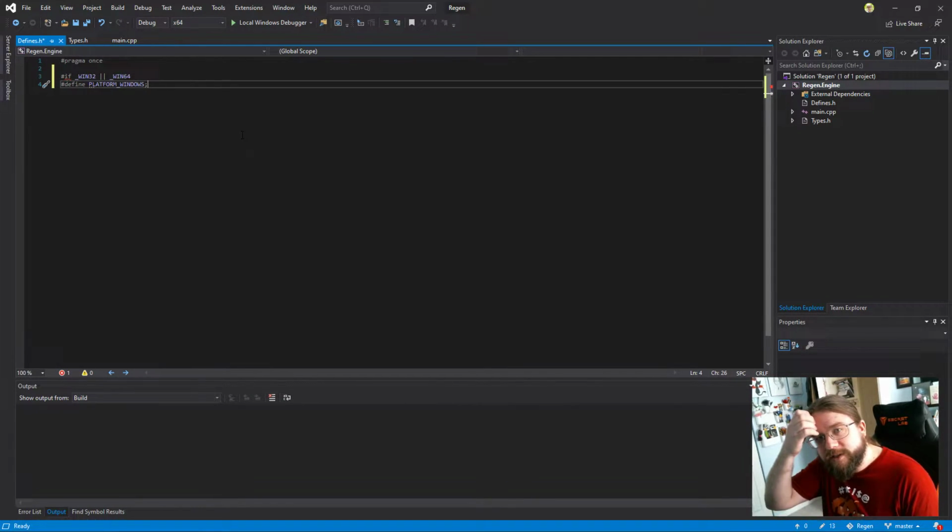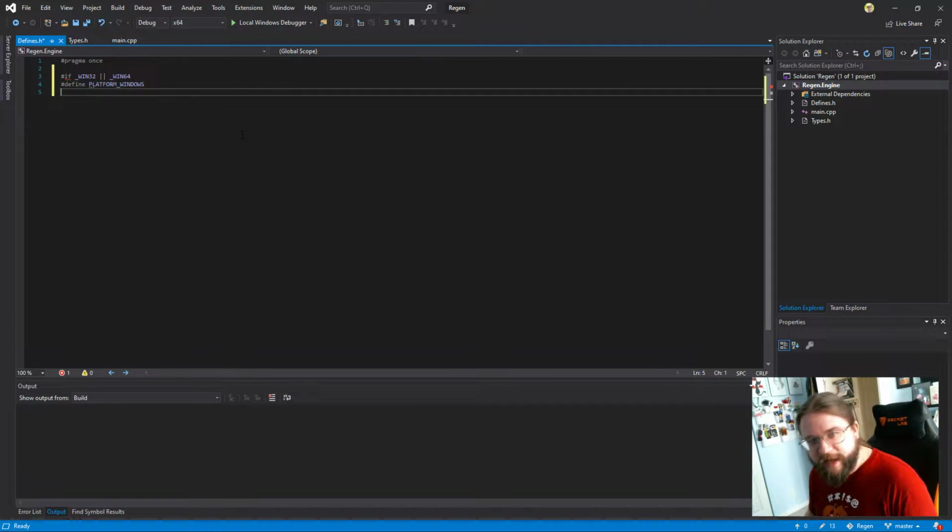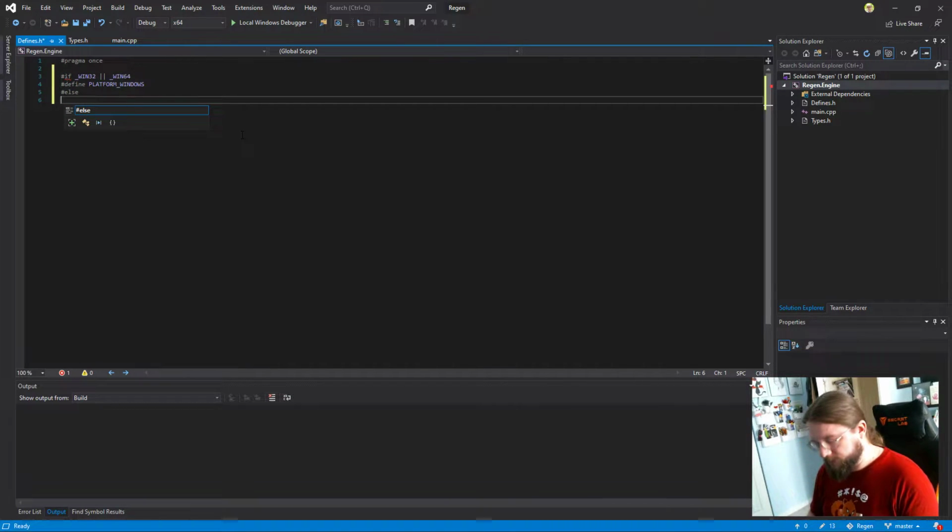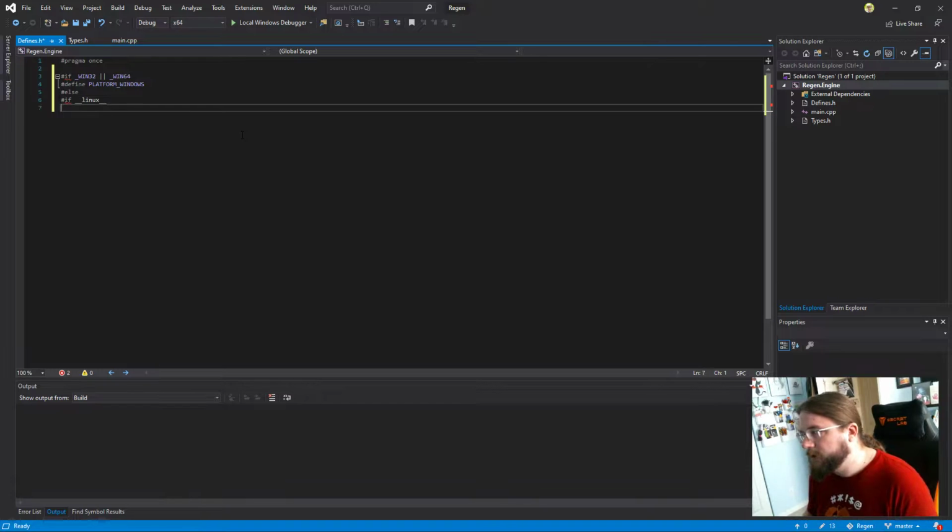Even though we're not supporting Win32, technically speaking, I want to go ahead and include that just in case. And then otherwise, we want to check if __linux__, then we're going to define platform Linux,